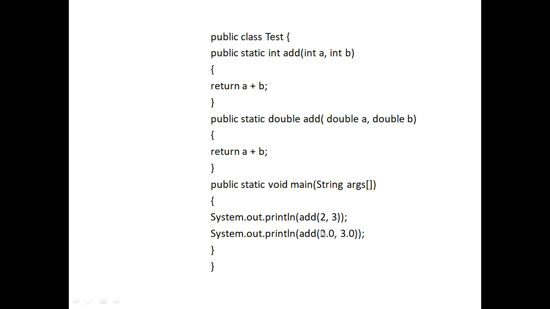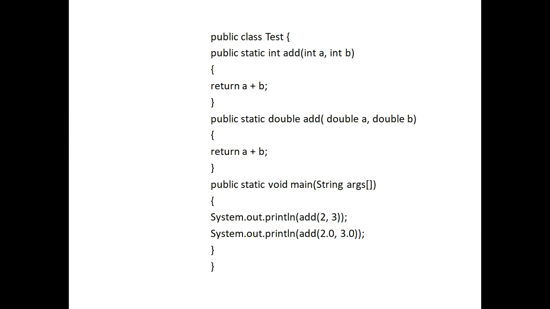Next, it will come here. At this moment, once again the compiler will check which add needs to be called. For that, you can see two numbers are there, that is 2.0 and 3.0. At this moment, definitely more than integer, it's a double. So this call will lead towards this function, that is double a, double b. There, definitely here also I am going to get the value 5.0.